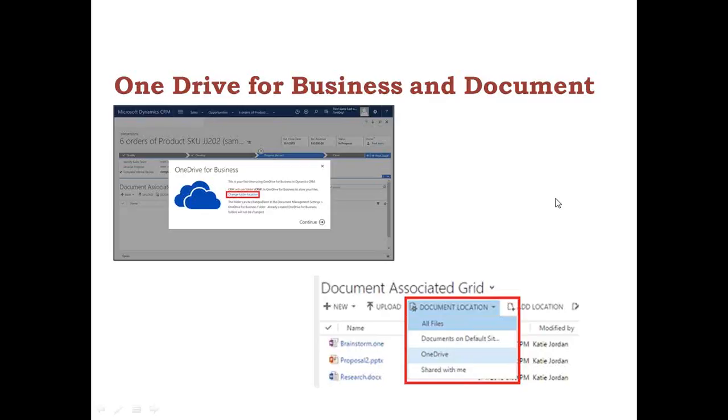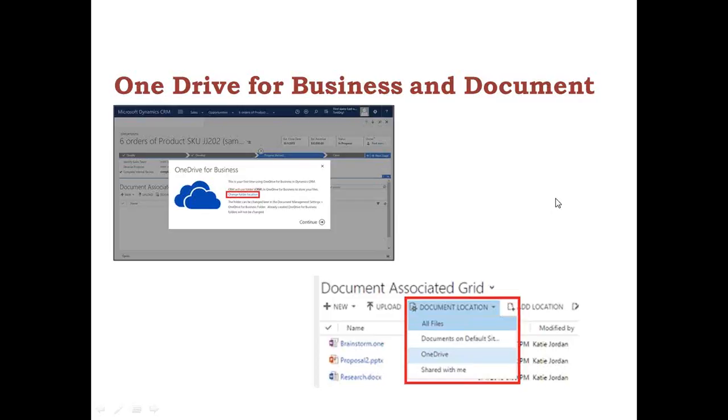So now with CRM Online, we can use the right storage option for the right situation. For example, I want to store the private documents using the new OneDrive for Business option. For collaborative storage, we can use Office 365 groups, and for public documents, we can use SharePoint. So we can use different storage options which are available with Dynamics CRM. We have OneDrive for private documents, we have SharePoint for public documents, and so on. So you might use OneDrive for Business to start and work on a document privately, such as a draft sales